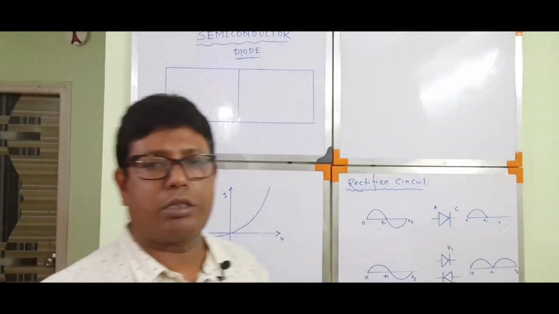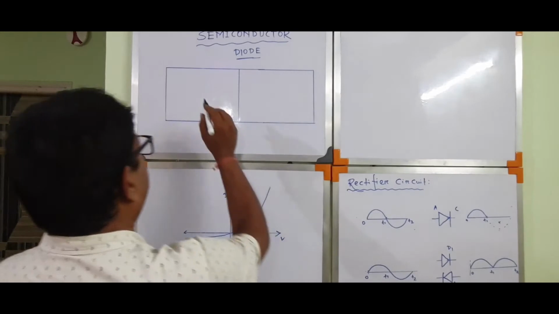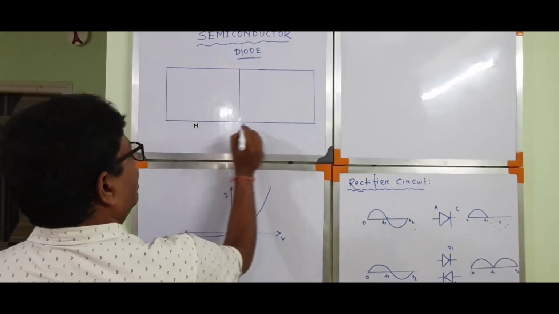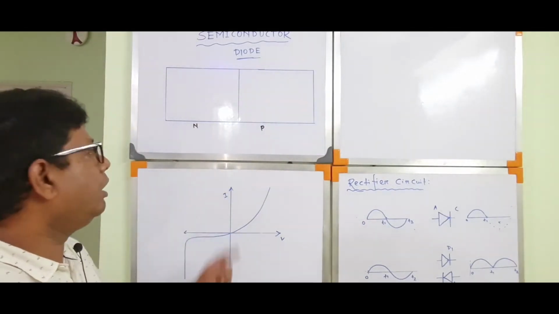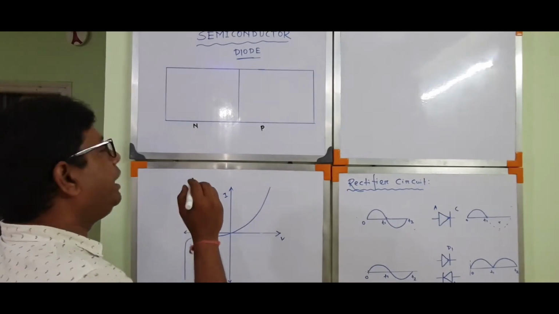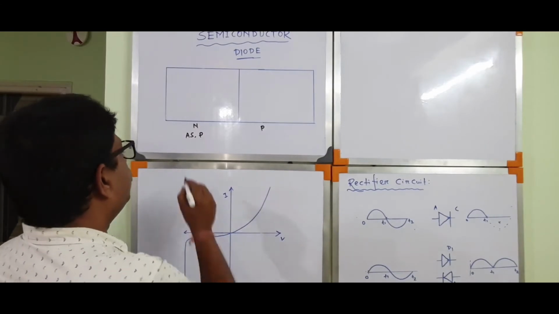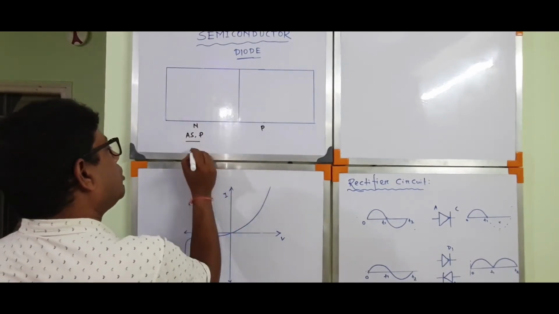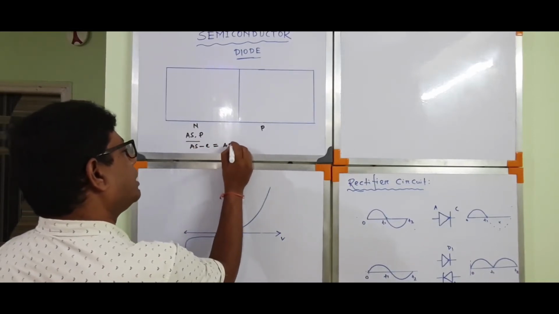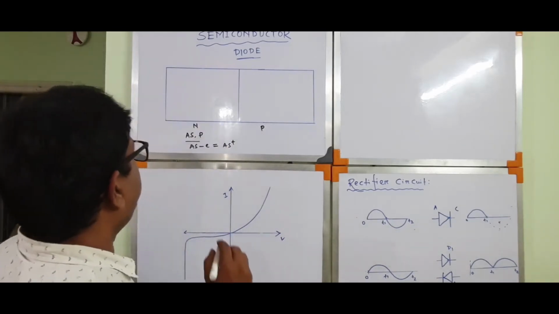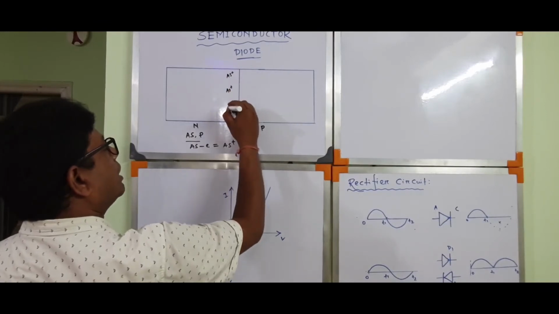Now I am interested in the chapter semiconductor diode. Suppose this is an N type bar and this is a P type semiconductor bar. For N type semiconductor material, you dope some pentavalent atom, arsenic or phosphorus. For the N type bar, a huge number of arsenic atoms each give one electron, leaving As plus ions. So the N type semiconductor bar has a huge number of As plus immobile charges.